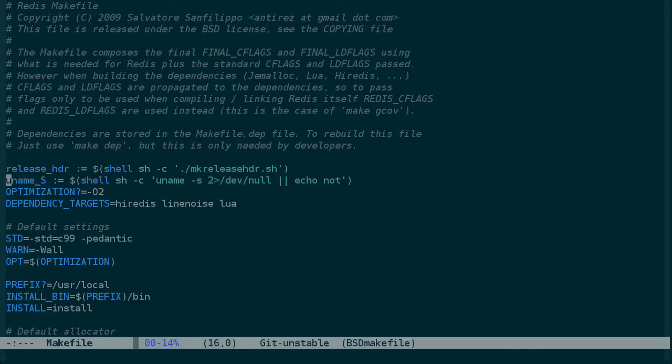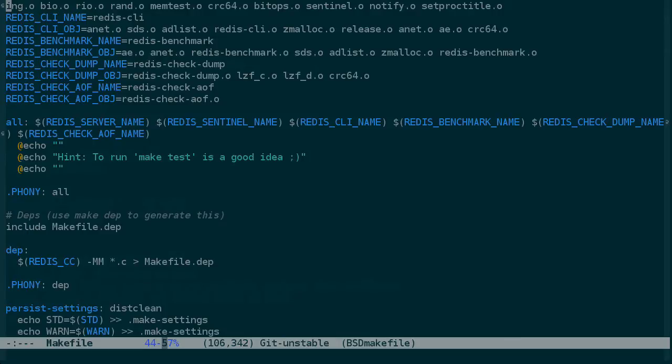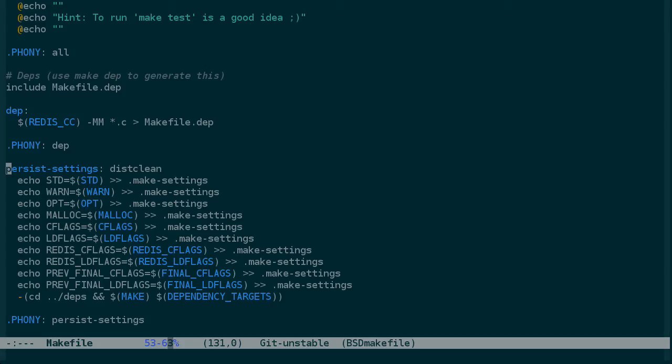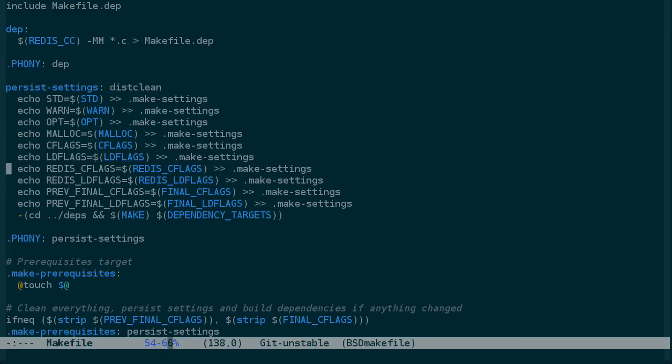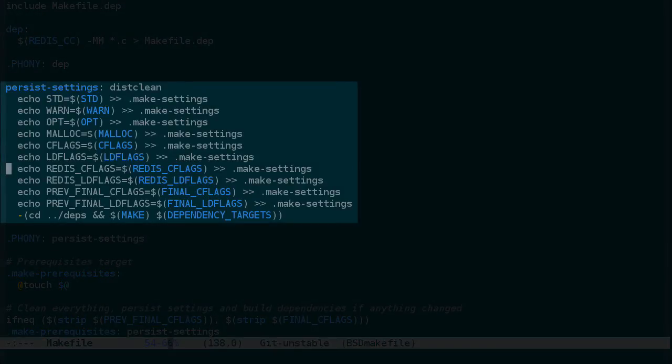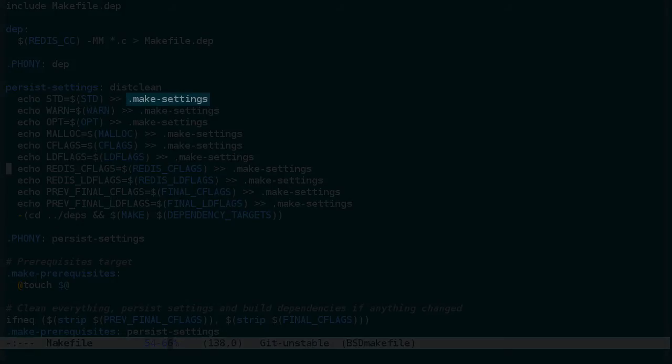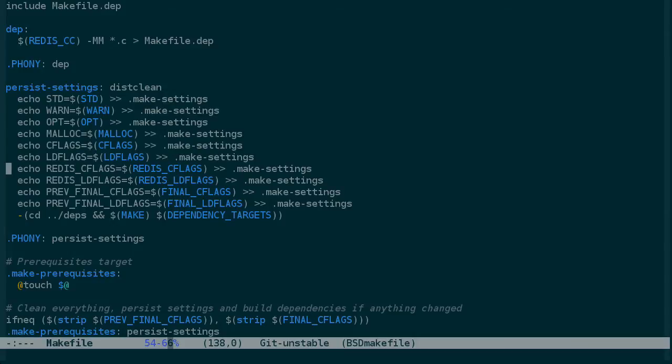I mentioned that the makefile for Redis is pretty simple, but there is one complex thing about it. I want to explain this because it shows off one of the nice features of redo, and one that's actually mentioned in DJB's documentation on his site. There's this persist settings target, which looks a little bit strange, and there's this .make settings. We saw it briefly in the last episode, and if you search for persist settings,